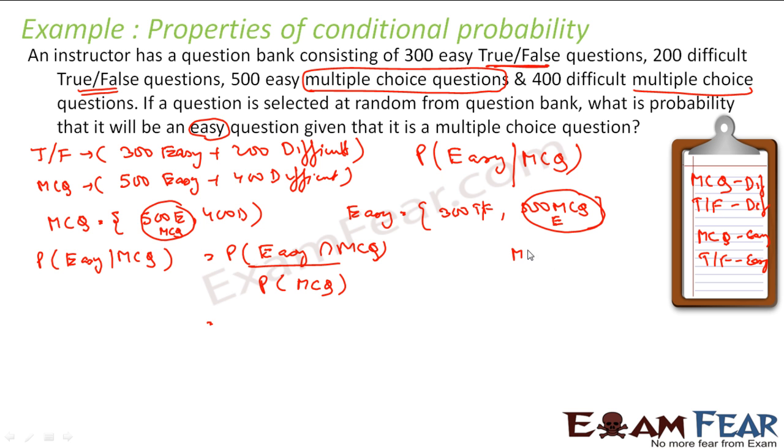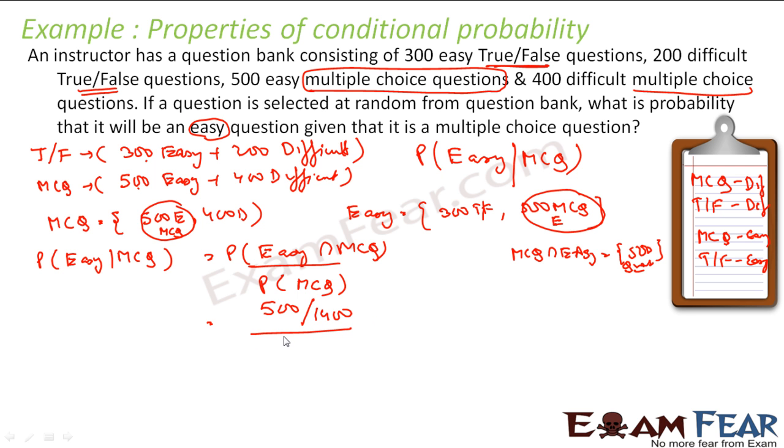So if I create a set of MCQ intersection easy, what I get is 500 questions, Q1, Q2 like that. So the probability of the intersection of easy and MCQ will be 500 by the total number of questions. The total number of questions is 3 plus 2 is 5, 5 plus 5 is 10, 10 plus 4 is 14, so 1400. So 500 by 1400, divided by